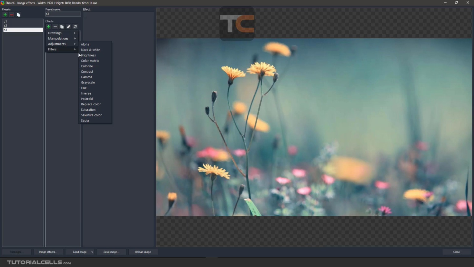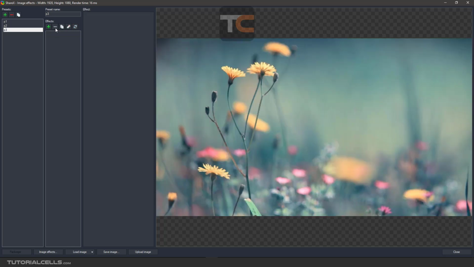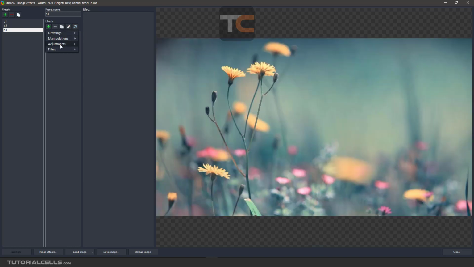You can add the overall color on your image. You can increase or decrease the contrast of your image with contrast color. You can change the gamma, the overall brightness or darkness. Here you can make your image grayscale. Change the value, for example 2, more grayscale, more bright. You can change the hue, the angle, for example